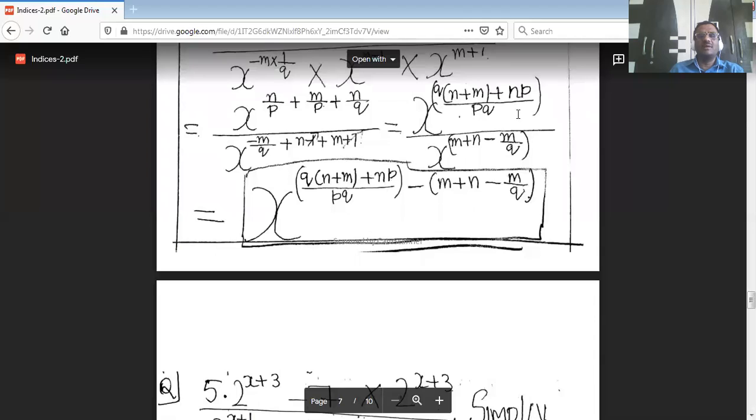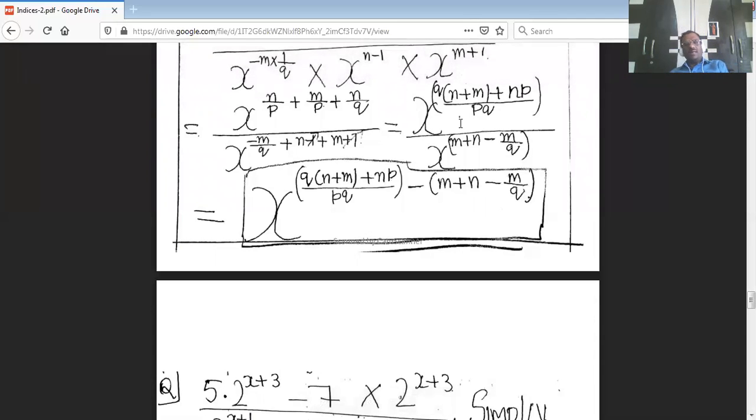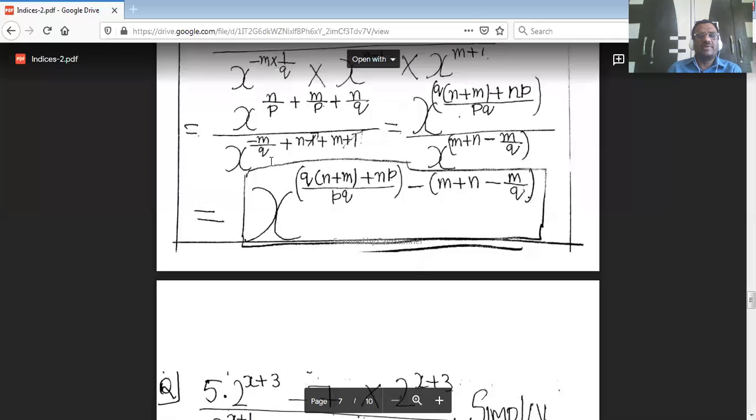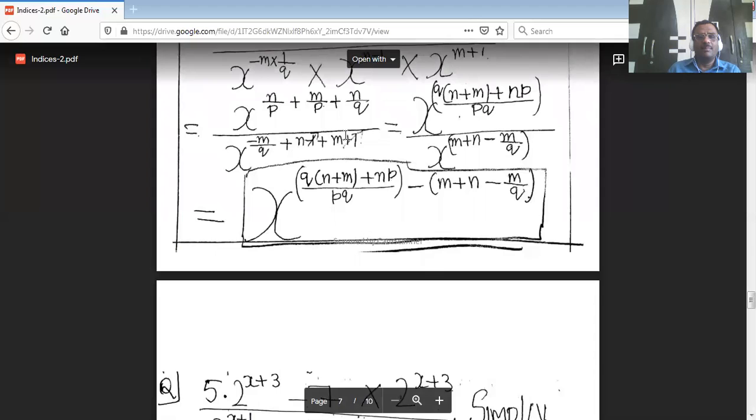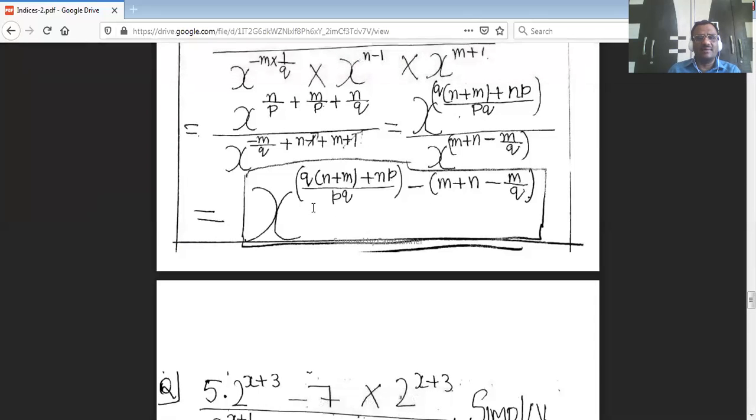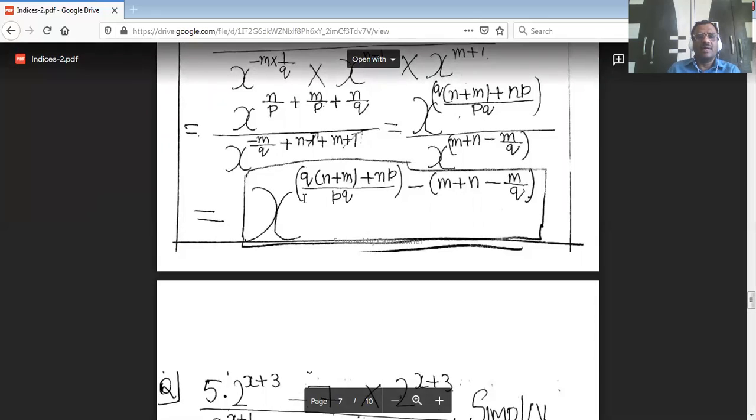The LCM is pq. Okay, for this we need a bit of mathematics and the basics of algebra, to see how p and q will have LCM as pq. Next, this is x to the power of m by q plus n minus 1 plus m plus 1. The plus 1 and minus 1 cancel, and now this is m plus 1 minus m by q. Now q is the LCM. Now if you say this q is LCM, okay, now this is x to the power of